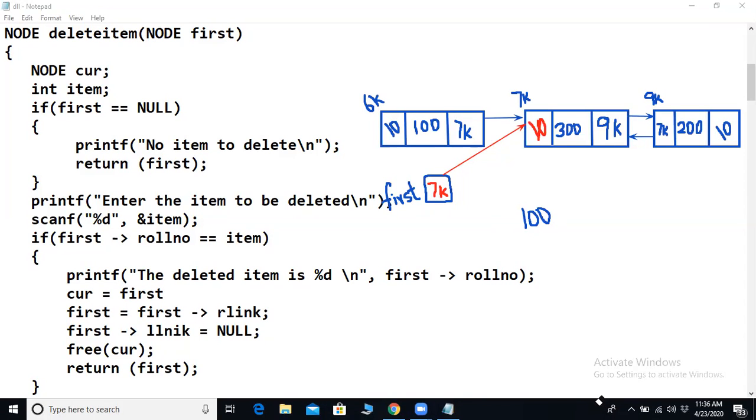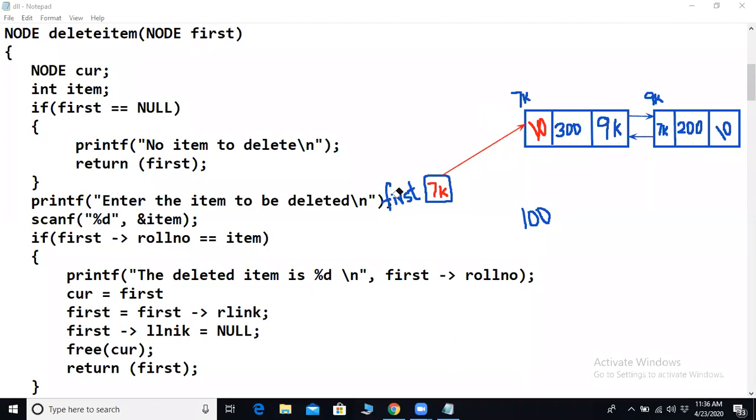After that, you are freeing that 6000. Freeing that 6000 means this entire node, whatever memory was allocated, is gone. Since this entire thing is gone, you will no longer have this link also. Is this part clear? Yes, sir.